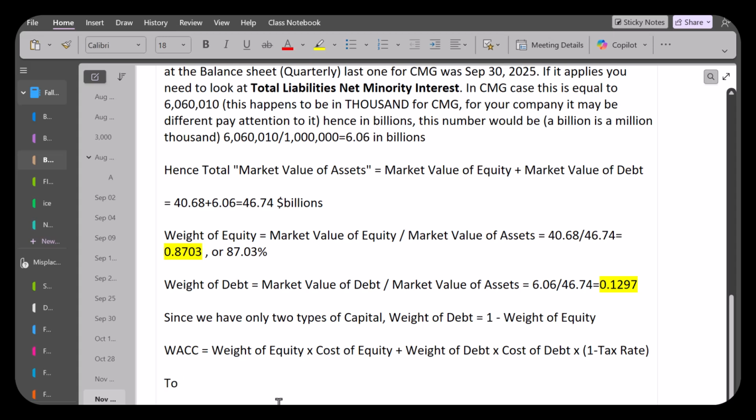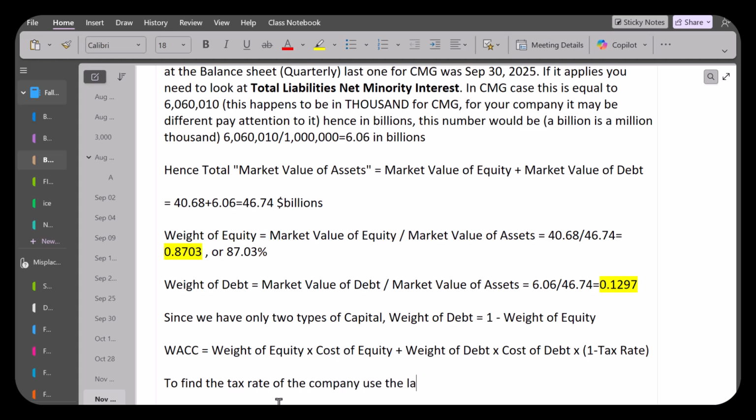To find the tax rate of the company, use the latest trailing 12 months income statement